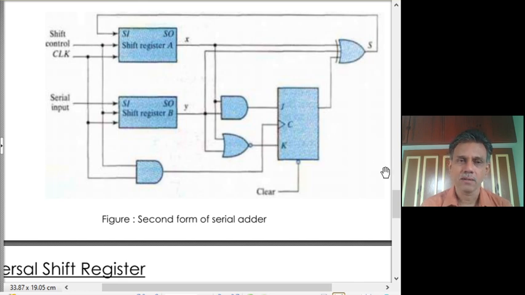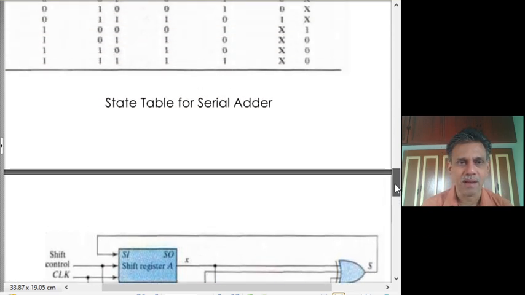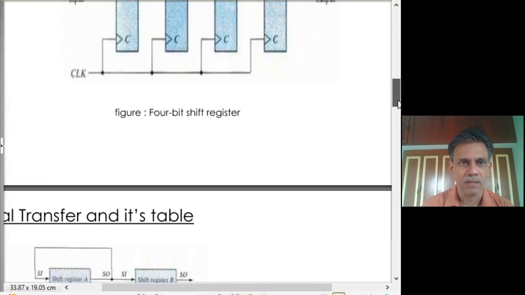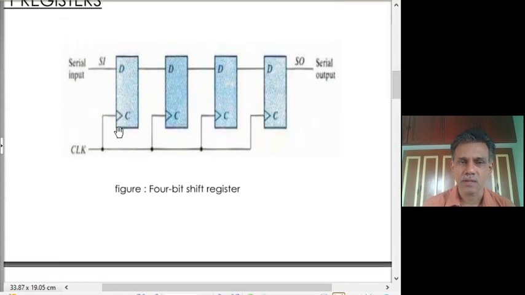Now we have looked at parallel load registers. We have also looked at the shift registers and its utility. Each has got its own benefits. Well, in this shift register, that example that we have looked at, as the clock input comes, we can look at even the basic one. As the clock input is given, the bits are shifted towards the right hand side. That is, the serial input goes to the first D flip-flop, then the first flip-flop's output goes to the next flip-flop, and so on. So the bits move in the right hand side.